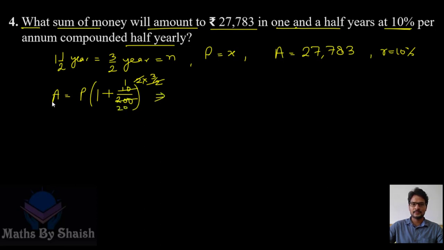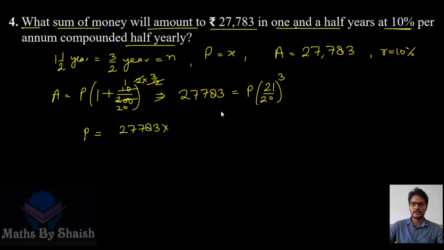So, now if we substitute the value, A is 27,783 equals principal is, let me write it P only, because no need to write again X, and then write the last at what is X. So it becomes (21/20)^3. So from here we got P as